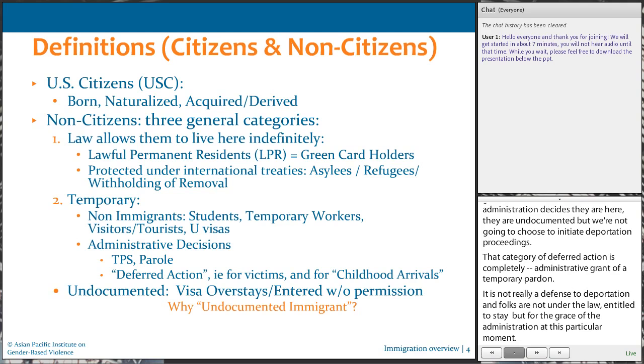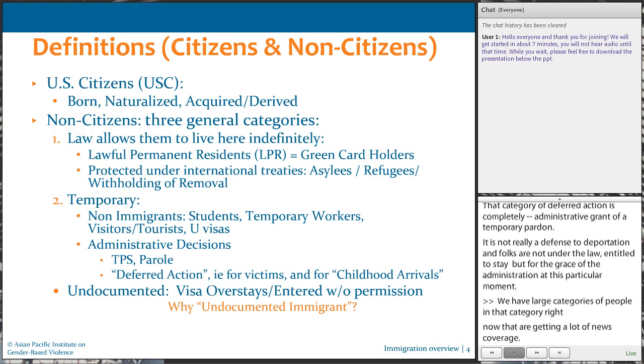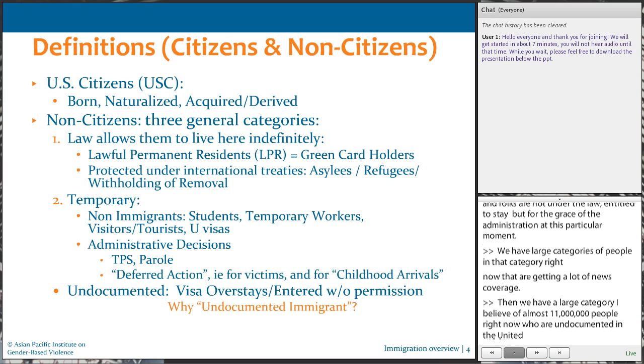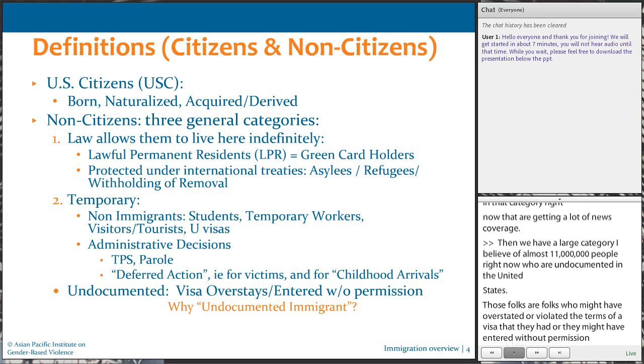And then we have a large category, I believe, of almost 11 million people right now who are undocumented in the United States, and those folks might have overstayed or violated the terms of a visa that they had, or they might have entered without permission or inspection, from a customs or border patrol station, and they